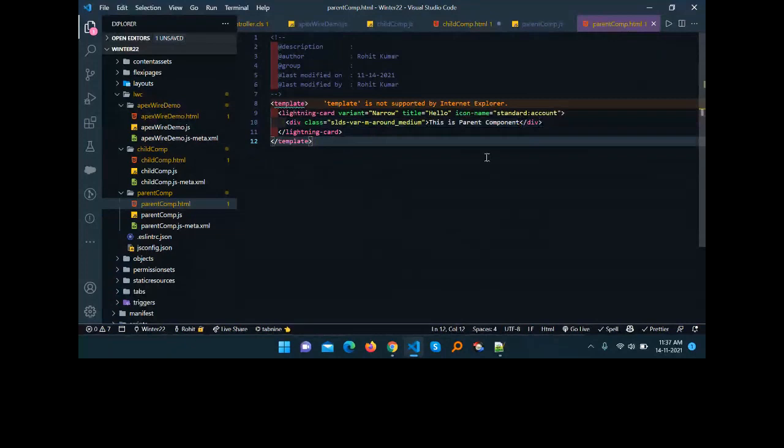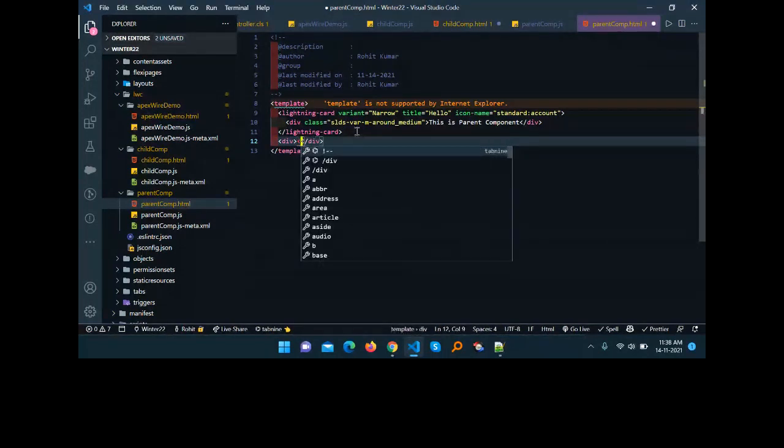Now, how to expose these two components under the Lightning App Builder? First of all, let me add the child component under the parent, because it's a dependency. I want to create dependency between two components. So how to do that? Let me add one div here for better design purposes. And under the div you have to write your child component like c hyphen. If you want to use any child component under the parent, always use kebab case.